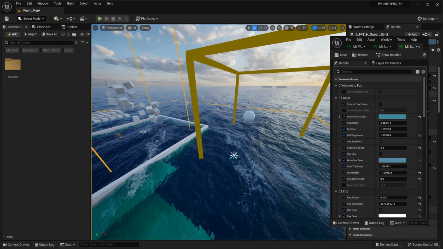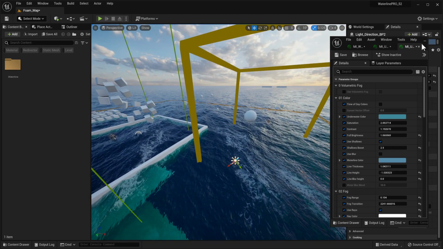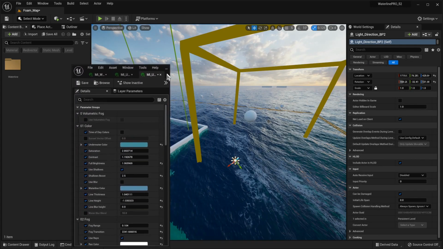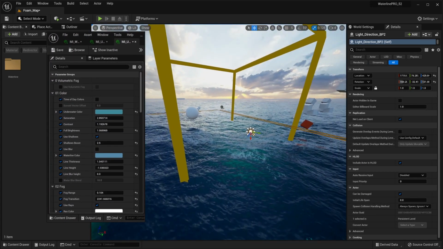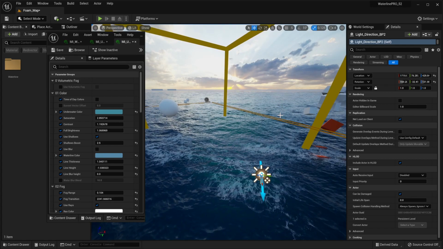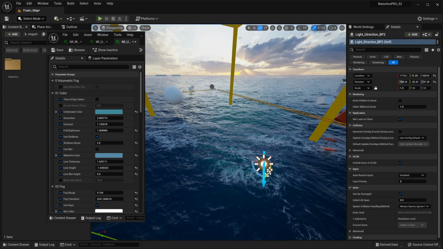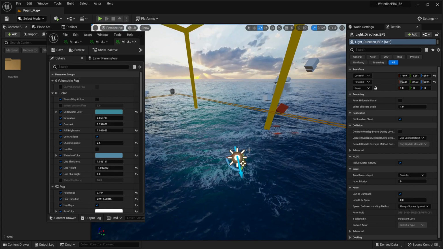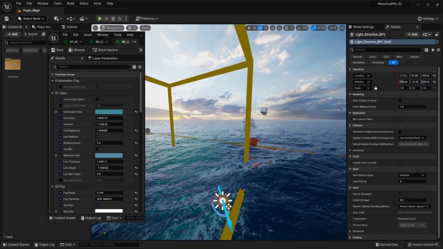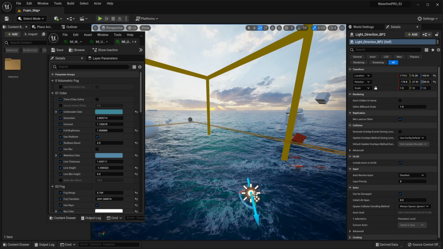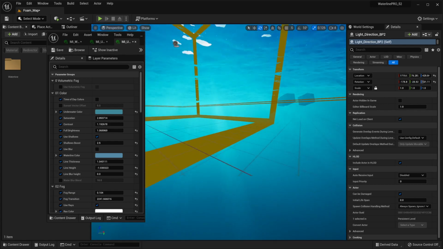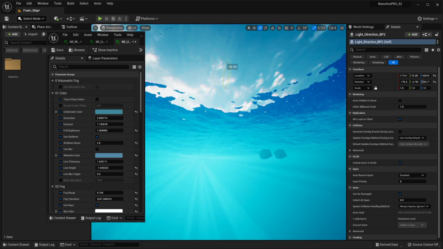Well, we have our own little custom actor here that's called light direction blueprint, and it's used to control a couple of additional waterline VFX. One of these is the additional subsurface scattering that we have going on here. Because this is an HDR background and we don't really have any lighting other than this in our entire level, we do rely on this to add in some extra effects and details. And if we were to go underwater, we could see that it is this little blueprint that is driving